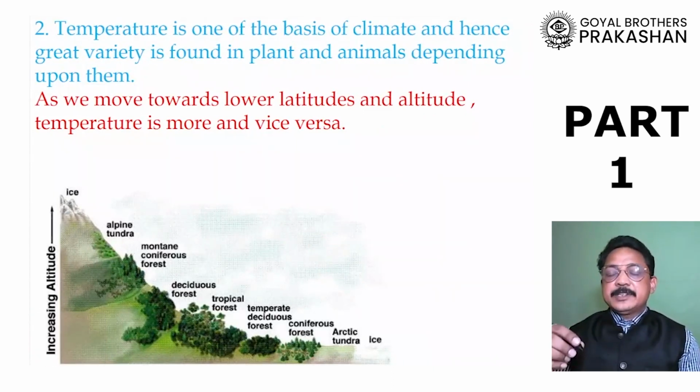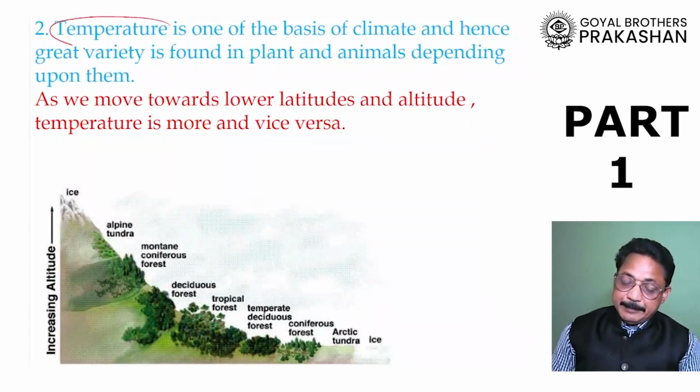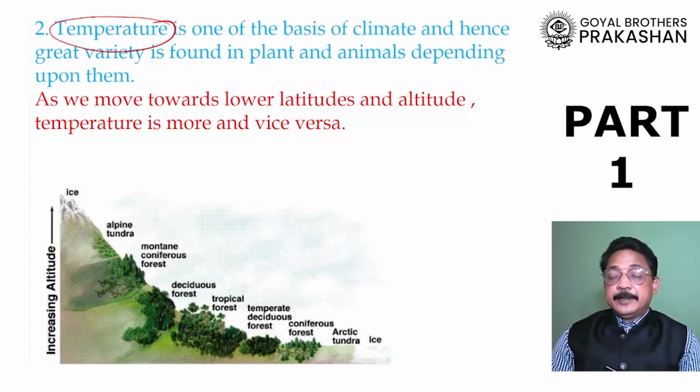It means which type of plants grow at a particular place also depends upon temperature. That means it depends upon climate, and that climate again depends upon how much light is received from the sun on earth, because different parts receive different amounts of light. There is a variety in plant life, and depending on plant life there will be variety in animal life also. The lives of animals also depend on plants, that we know.